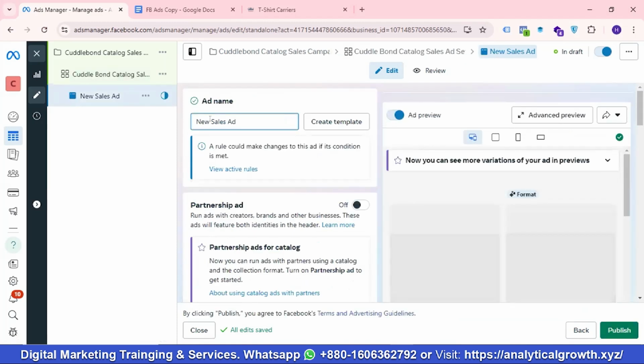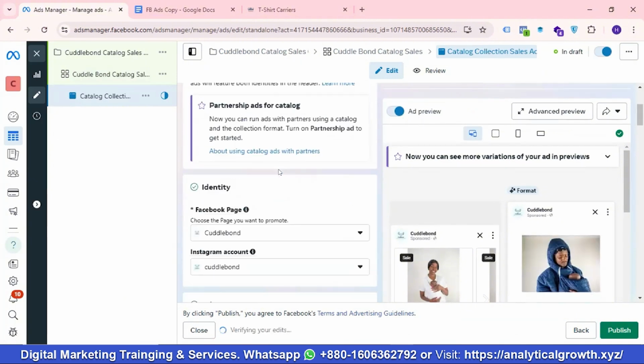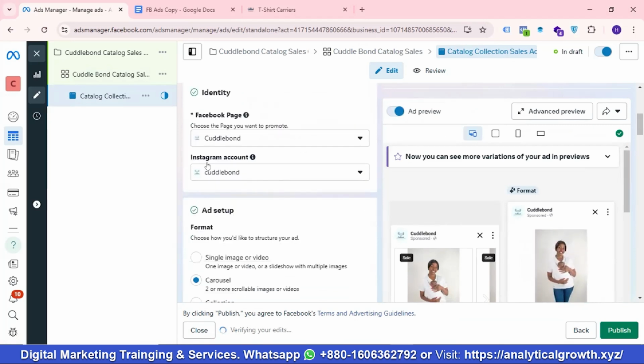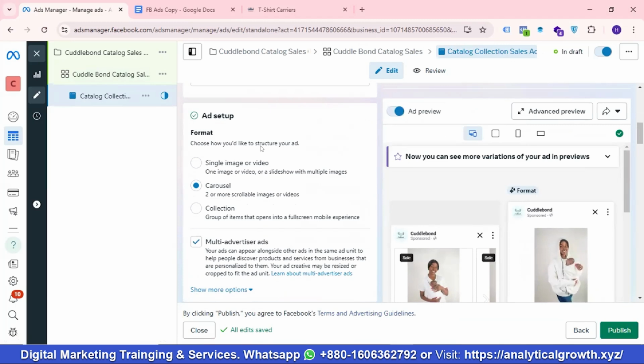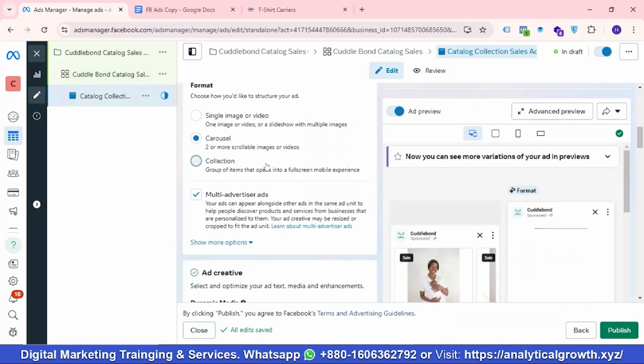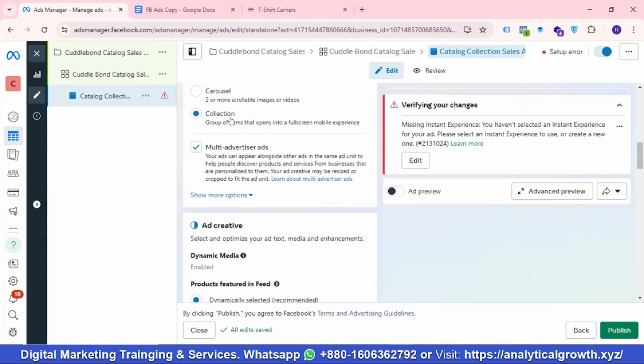Then I'm gonna name this as catalog collection sell set. Okay, then you need to choose your Facebook page, Instagram account, and from the format option, add setup format option, I'll be choosing collection. Okay, if you want, you can choose carousel or single image or video ads, but I'll be choosing collection. Okay,